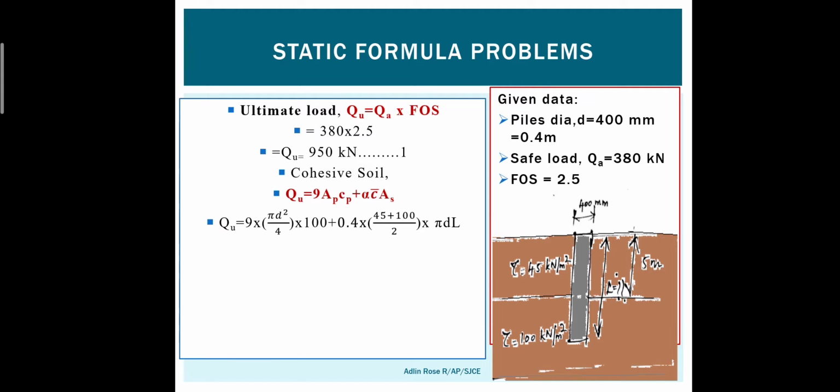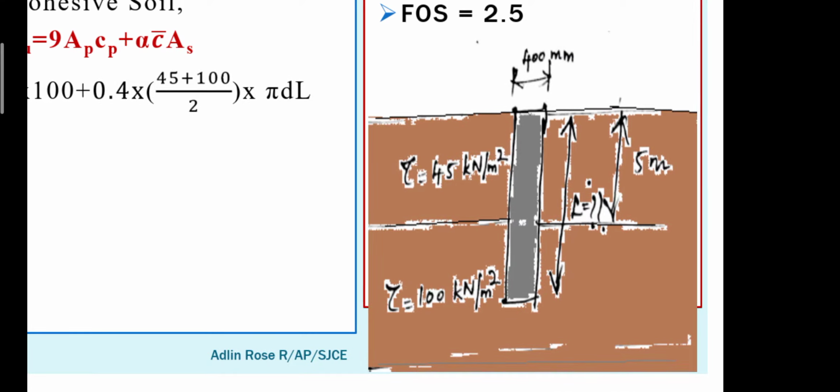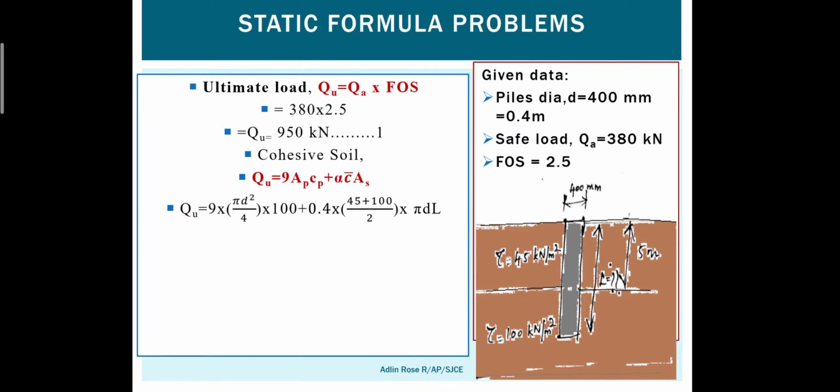Cp is 100, as I said. What is Cp? Shear strength is going to be Cp. They have given it in the question itself. What is the shear strength given at the tip of the pile? 100. So take the 100. Whichever soil is at the tip of the pile, you should take the shear strength of that soil. Shear strength and cohesion are going to be the same. So tau is equal to Cp is equal to 100.